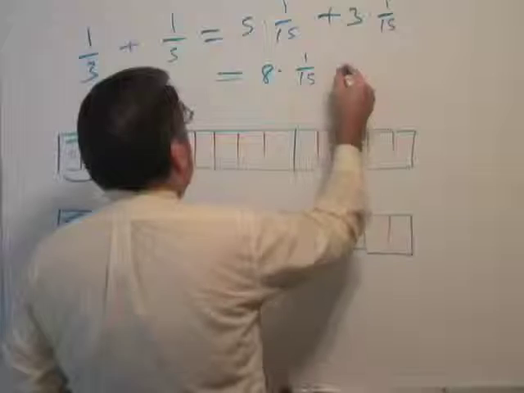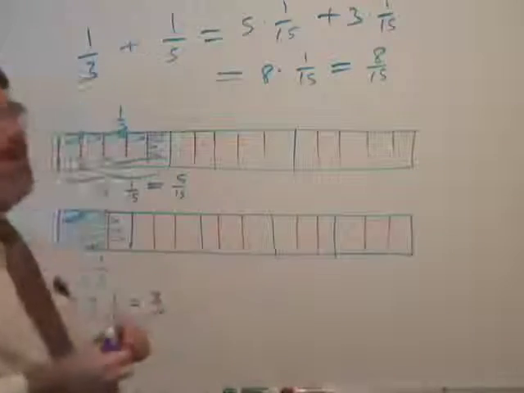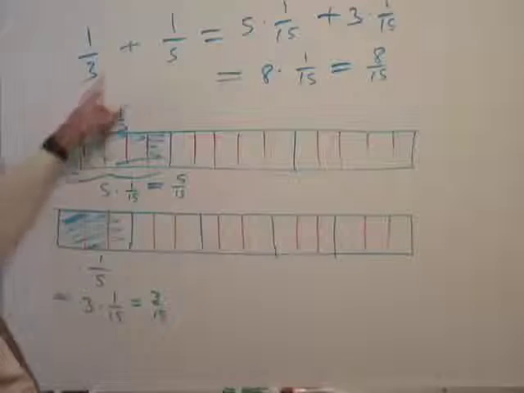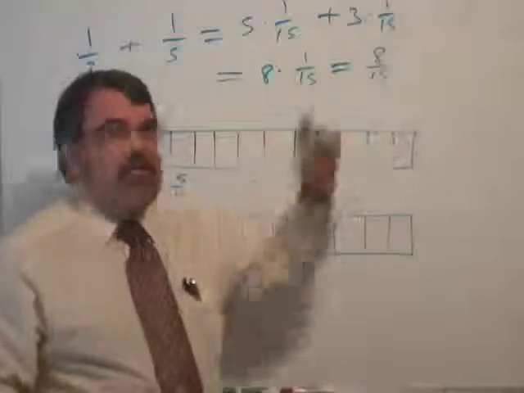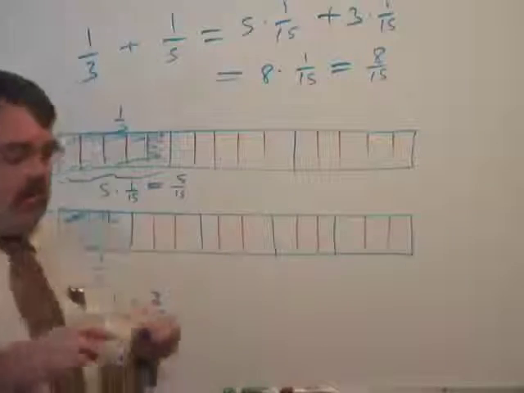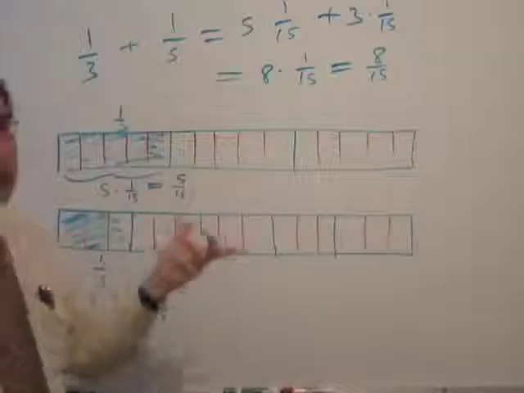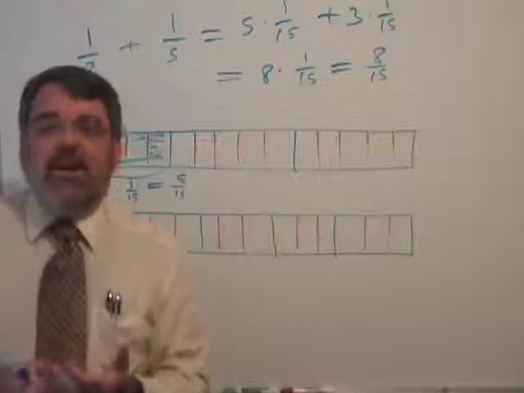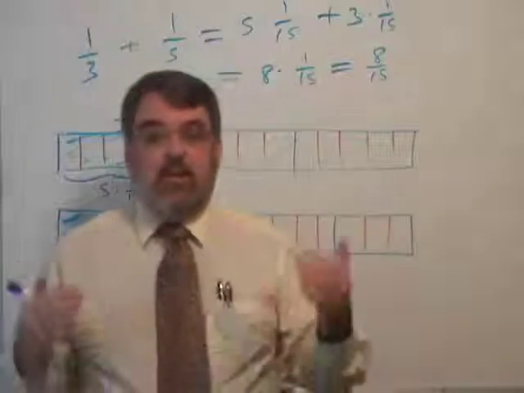And of course this would be written as 8/15. Ordinarily we'd write 1/3 plus 1/5 is 5/15 plus 3/15 equals 8/15, but I wanted you to see the breakdown here. And the 15 is the common denominator. The common denominator is how we create those like units